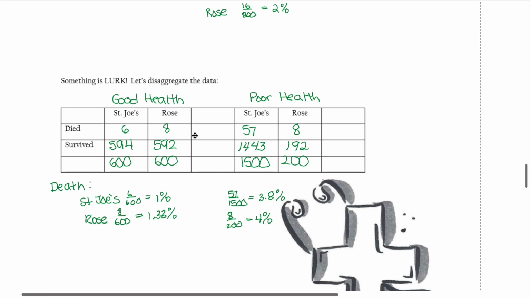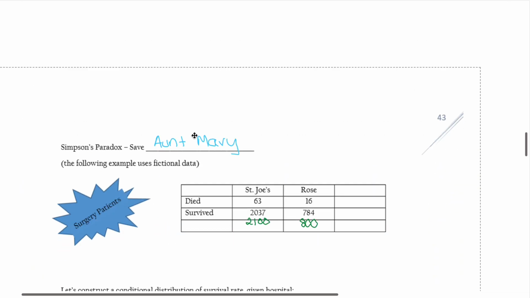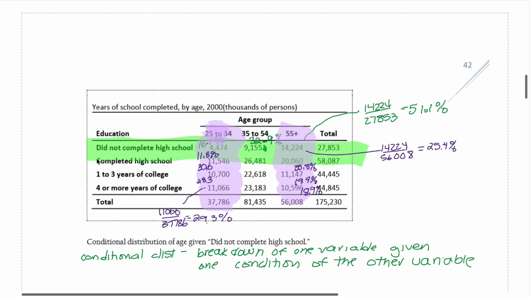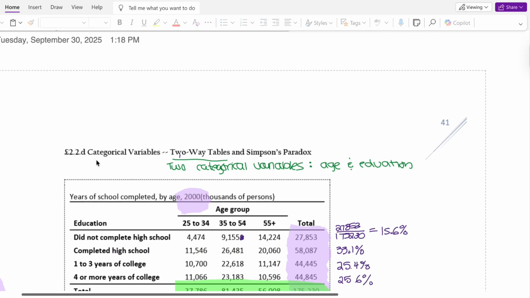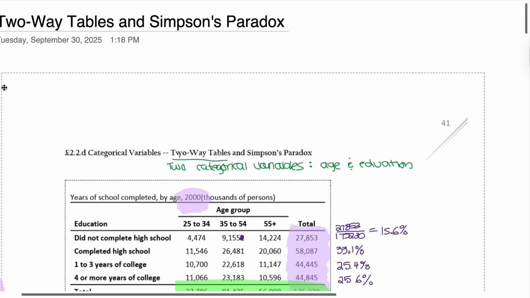So I hope you learned something from this video, and I always love Simpson's paradox. I feel like it's really a good theory. It's a good way to look at things, to treat things differently compared to the usual ways. But more importantly, I hope you learned something related to stats, two-way tables,